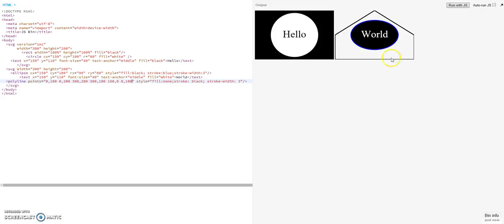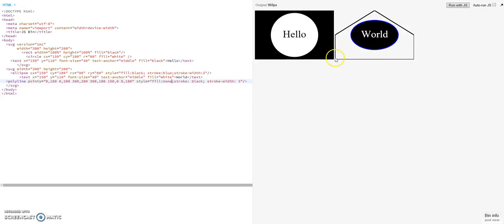And here we now have our polyline without a filling. If you set red or something here, this shape can be filled with any color you like. And this means as well that you can make any shape you like, not just rectangles and circles, but with this polyline you can define whatever shape you want. Okay, so